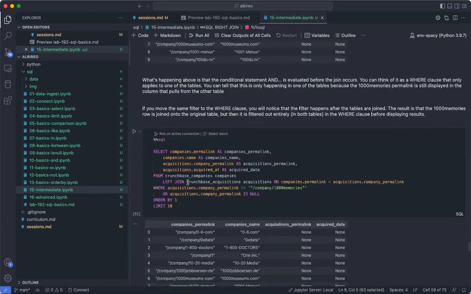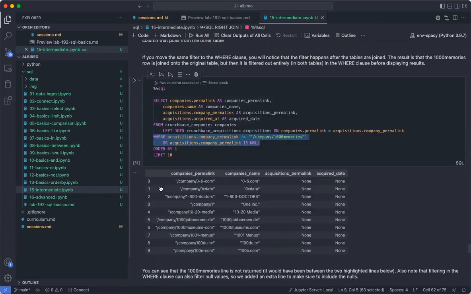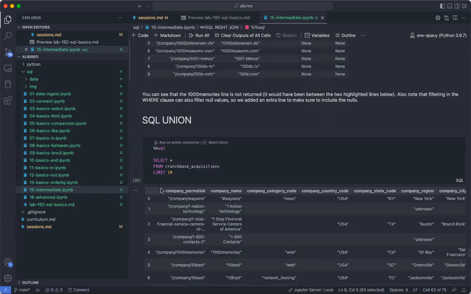Then again we are saying select from here, and we are saying two conditions. We are saying left join this table where this particular condition is there, or this is null. So these two conditions we are passing using where this time. And then we are saying union. Union means